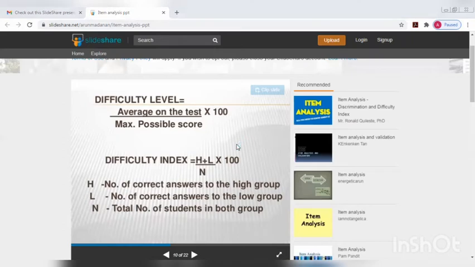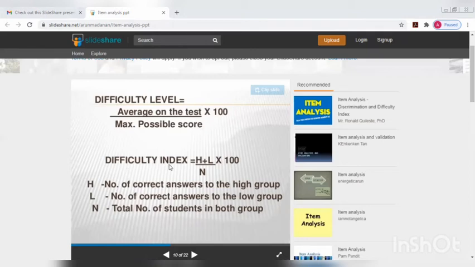So a student, if he is getting 24 and a half, okay, but average on the test means only one subject you will calculate here. Because some students are there, if you have a total of 4 subjects, he may fail in one subject, but other subjects he already passed, so that will come in the average on the test, which is multiplied by 100 again, and in the one subject where he failed, his maximum possible score we need to count. So from that you can find the difficulty level of that item for those students. Here specifically we are talking about the items only.